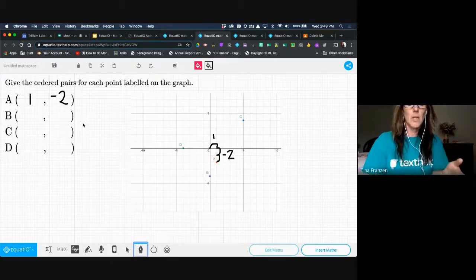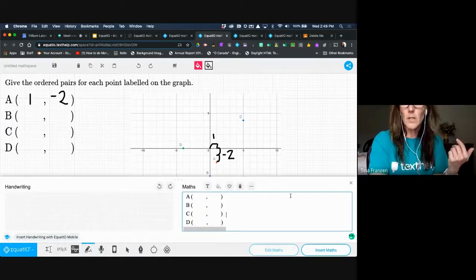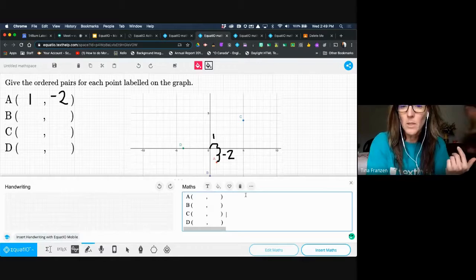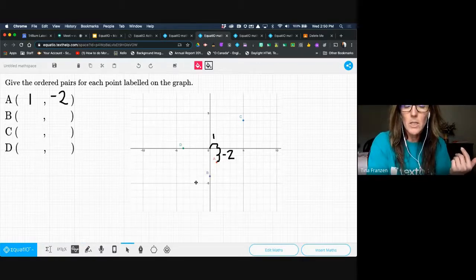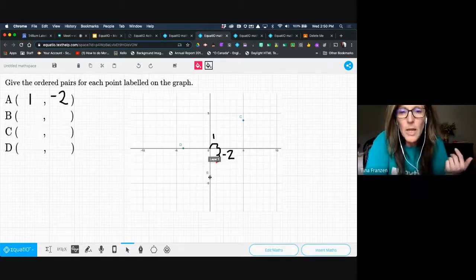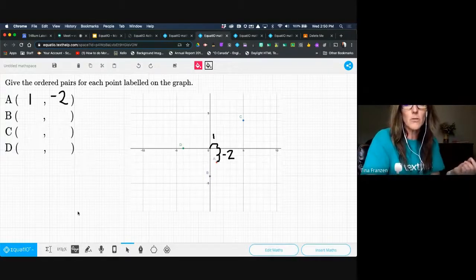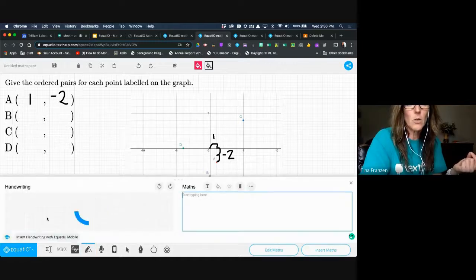Well, let's say they didn't want to do the handwriting like that in their answers. Let's say they wanted to type it out. They could do that as well, or even talk it out. I'll show you both. So let's say for the next one, I'm going to garbage that for a moment. And let's say for B, we have 0, and they're going 1, 2, 3, and 4. So 0, -4. So what they could do here is handwriting. So they could go 0,